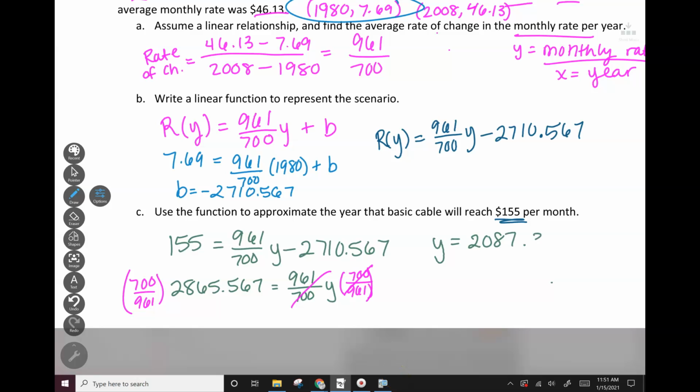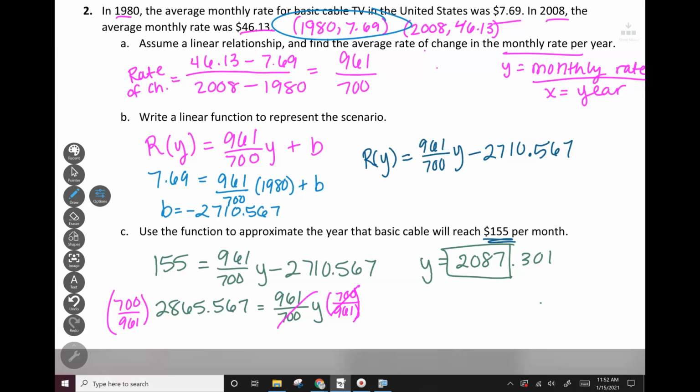Okay, the 0.301 tells me that it's going to actually happen in the next year after 2087. Well, I guess it depends on when they're starting. I guess actually that could be just a 0.3 into the year 2087. So it's going to happen in the year 2087 based on that prediction. That's actually probably not accurate because I'm pretty sure it's already there, right? So based on this formula, based on this information that we were given, if it followed a linear trend, so it increased at a constant rate, then basic cable TV would be $155 in the year